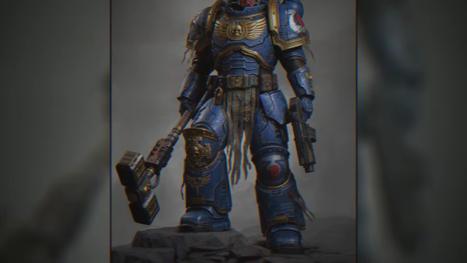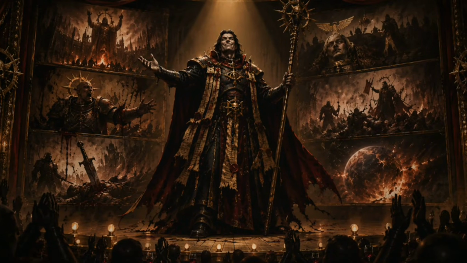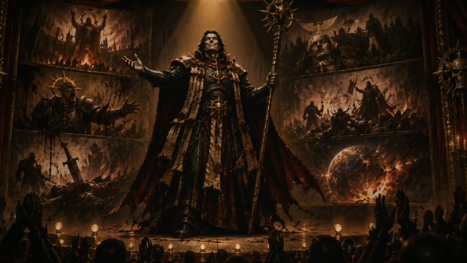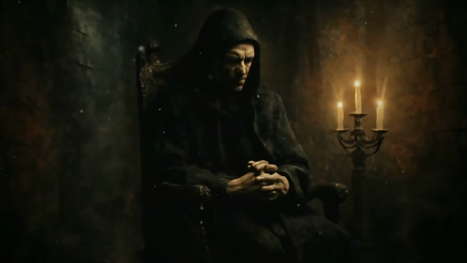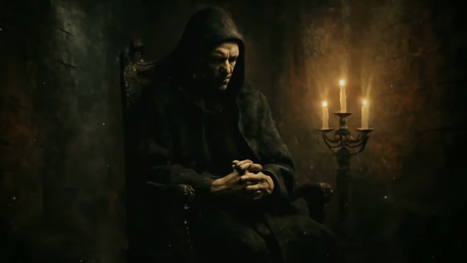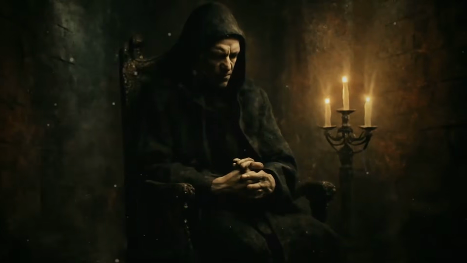Lorgar Aurelian, the deeply spiritual and charismatic Primarch of the Word Bearers Legion, had, in his fervent devotion to his father, begun to promote the worship of the Emperor as a divine being. On the world of Monarchia, a shining example of his legion's cultural and spiritual influence, Lorgar had constructed magnificent temples and monuments dedicated to the Emperor, fostering a deeply religious society.